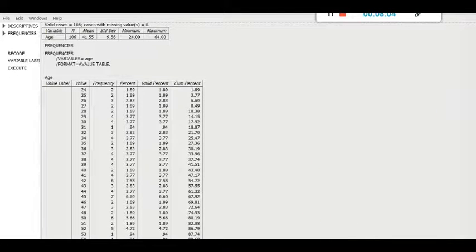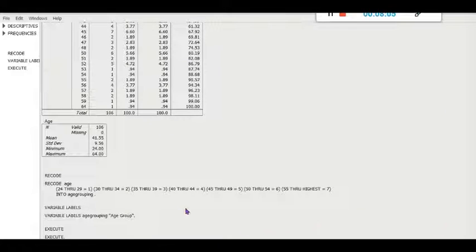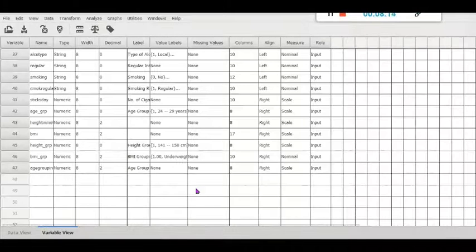This is the output. Variable level, so 24 through 29 equal to 1, 30 through 34 equal to 2. These are the syntax. We will learn that part later on. So this is the age grouping value with 8 decimal value is 2. Let us reduce to 0.